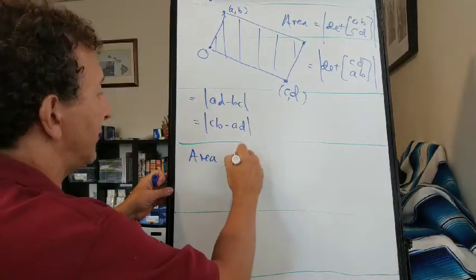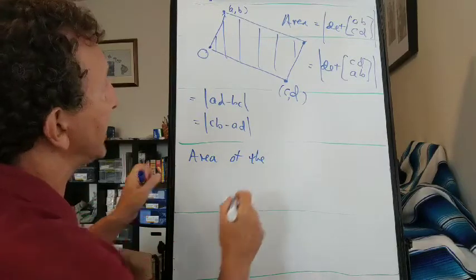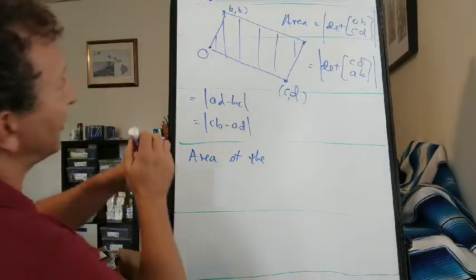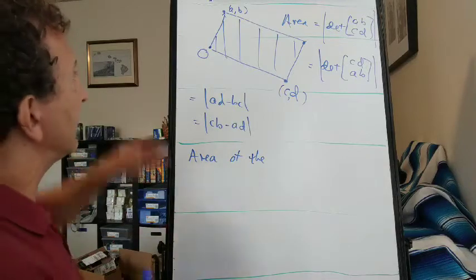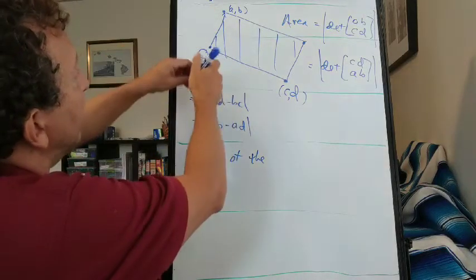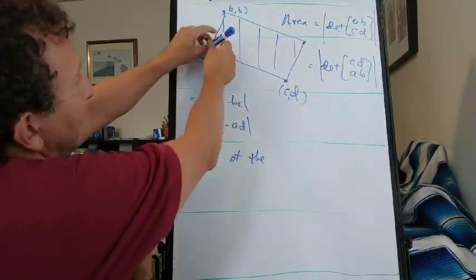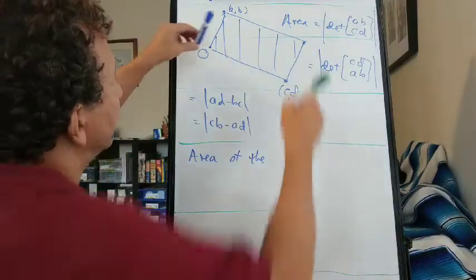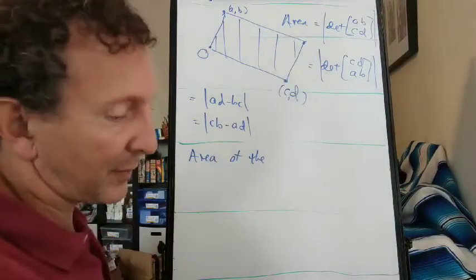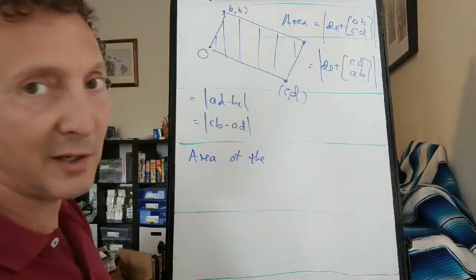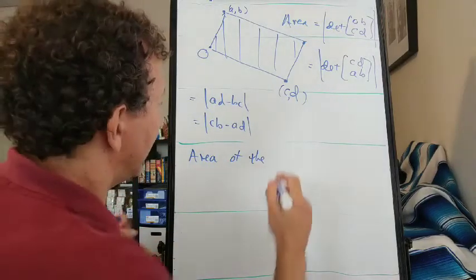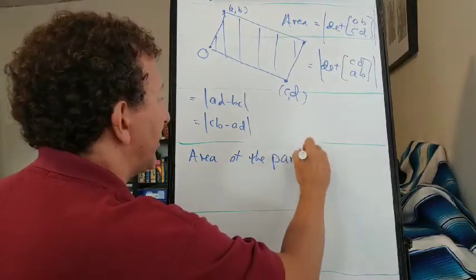Now the area of the shape called a parallelepiped, so it's determined by 3 vectors in 3 spaces. So we'll have 2 vectors and then something else up here. And we'll have a 3-dimensional solid, which maybe you can picture. I'm not going to try and draw it, but the area of the parallelepiped,